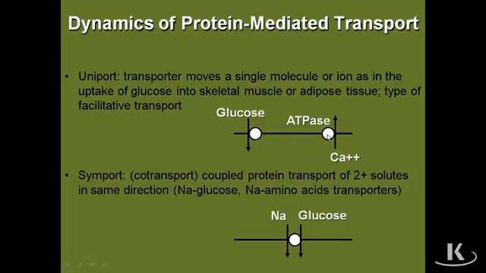Another example of uniport is the active transport of calcium out of the cell. Again, it's a protein-mediated transport, but ATPase is supplying the energy. Symport, the same term, is co-transport. This is where a protein is transporting two solutes in the same direction. A good example is the sodium-glucose transport or sodium amino acid transport that occurs in the kidney or the small